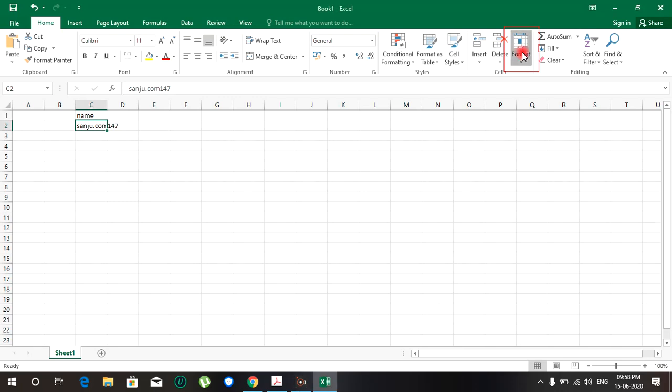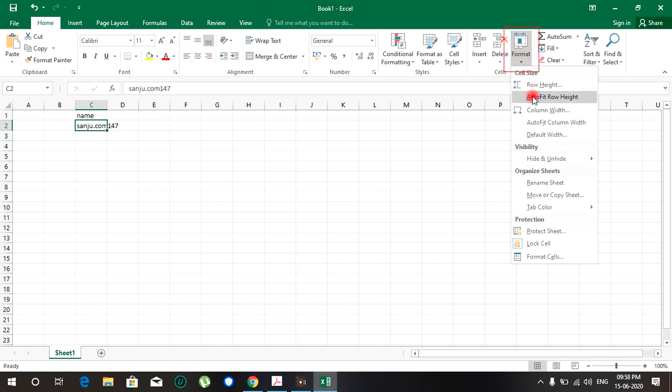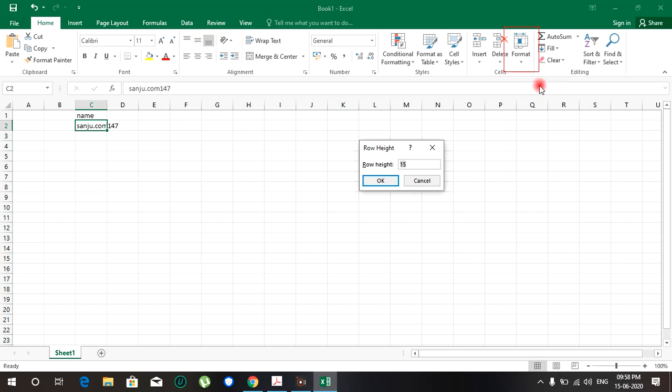From here, if you want the row height, click on Height and apply. By default it is 15 and now write 30. Just press the OK button. See, the height has increased.